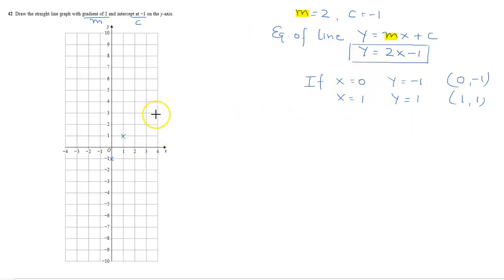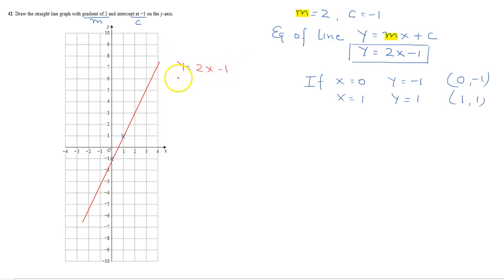So the graph will be this, this is the graph for y is equal to